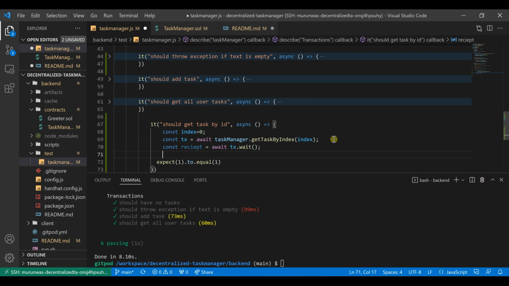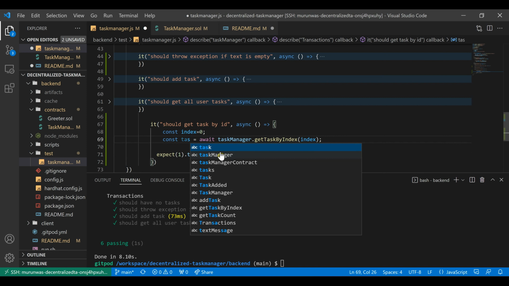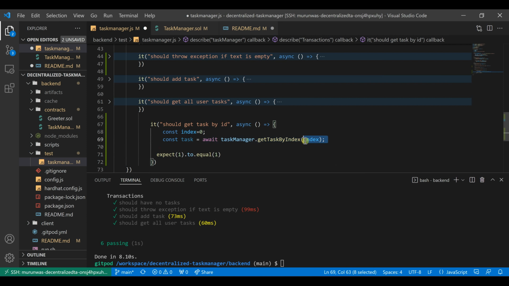Then after waiting this transaction, no, now we don't have to wait this one, because now we are not sending, we are getting. When we are getting, it means it is a task. If the task is already on the database, we're supposed to get that task. Then we have to expect that